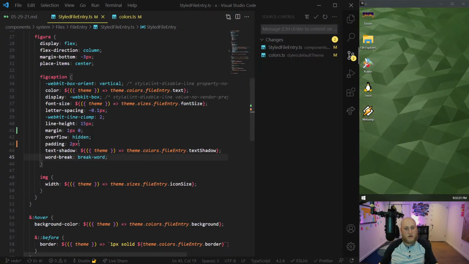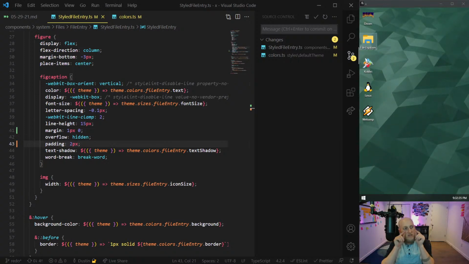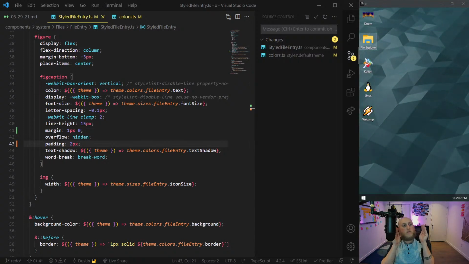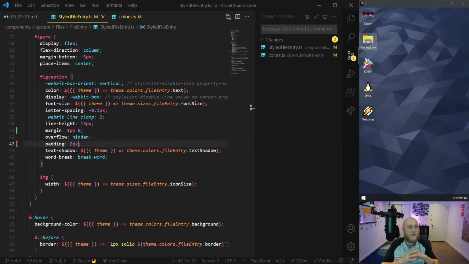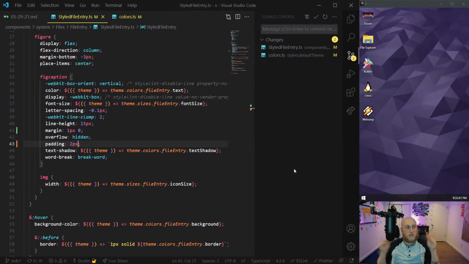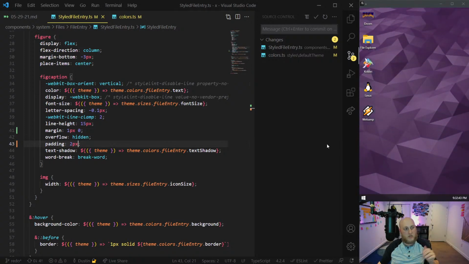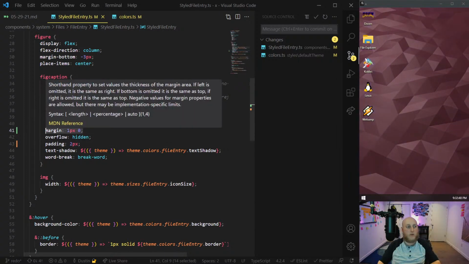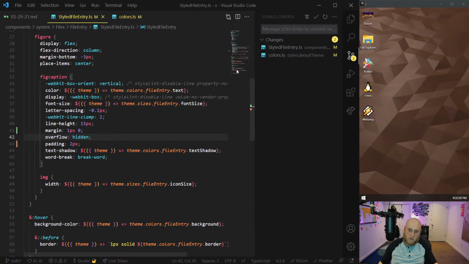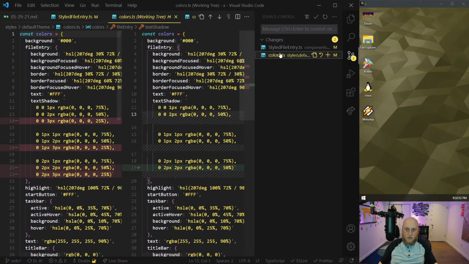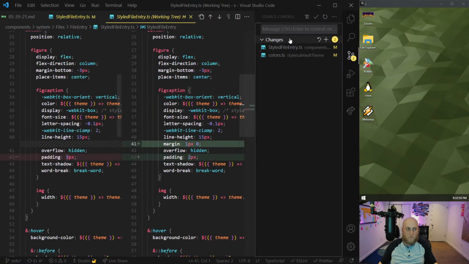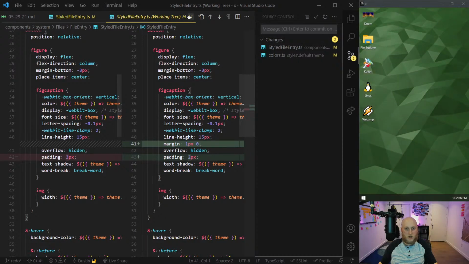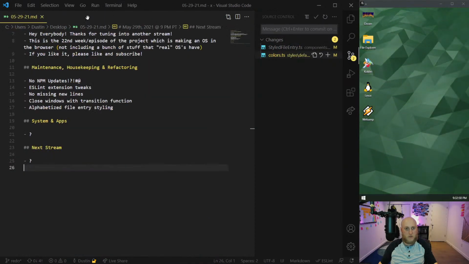Why do I have any padding on the sides then? Oh yeah, I probably want a little because I don't want the text pushing too much into the box, but I think I'm okay with 2 pixels on the sides. And then on the tops, I moved it 2 because of the shadow. And then I had to adjust the margins on the tops because I care about exact height of that icon. Anyways, pretty much a minor change in the end. In the end, it just amounts for a couple of pixels.